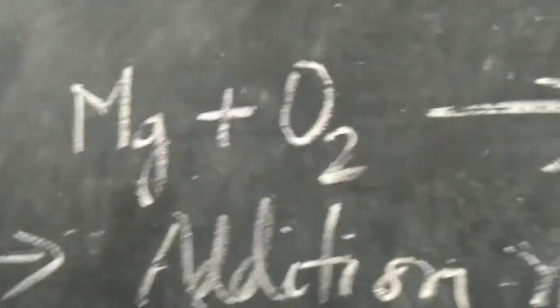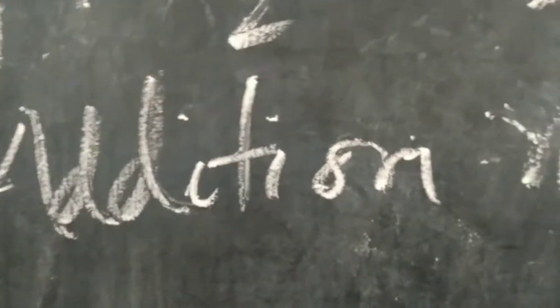So boys, just now we have performed the burning of magnesium strip, and now the type of chemical reaction. Every time I have to tell you at the end of performing the chemical reaction what the type of chemical reaction is. This is our aim of the experiment in fact. So the type of chemical reaction here is what? Addition reaction. Why? Because the 2 substances, magnesium and oxygen, are combining together. Magnesium is burning in the presence of oxygen, and it is forming what? A white ash, which is a new substance, and that new substance is magnesium oxide. So here you can see that there are 2 elements, magnesium and oxygen, and they form a compound, magnesium oxide, and that compound is a chemical result of the chemical combination of magnesium and oxygen. That is why it is a chemical combination reaction or addition reaction.